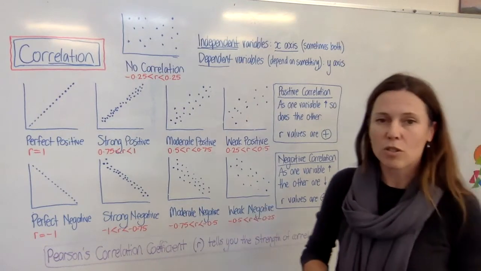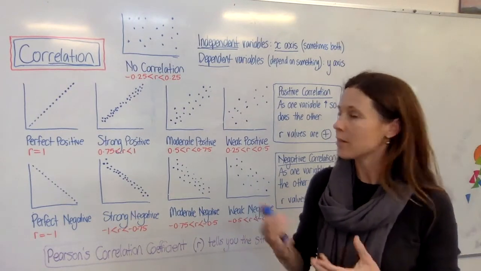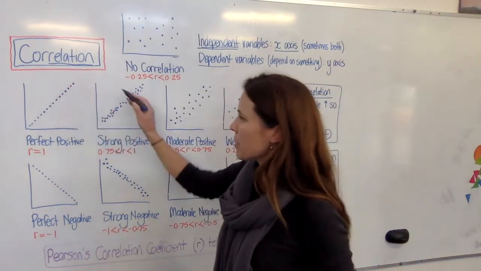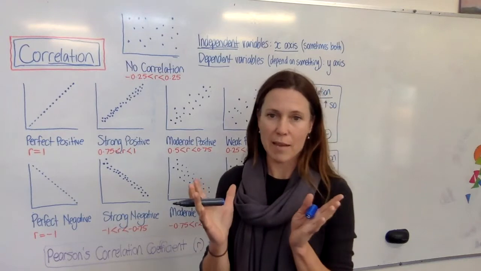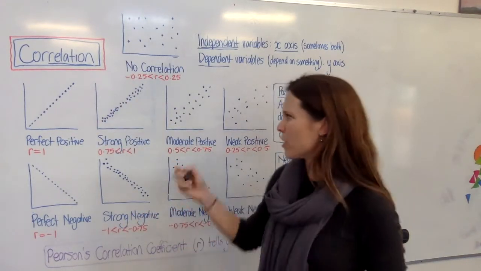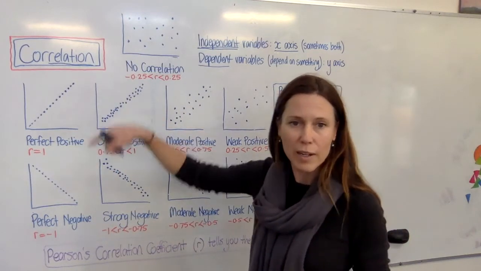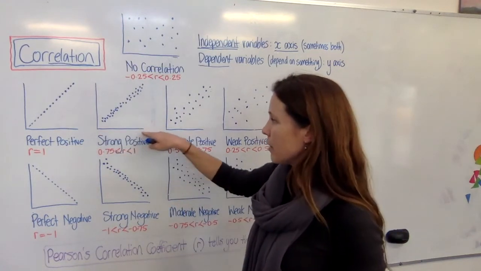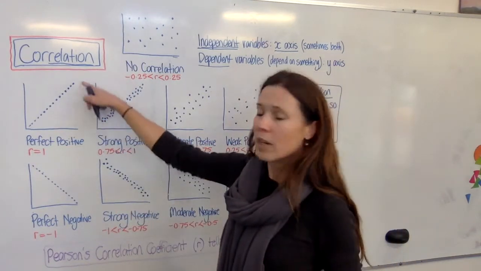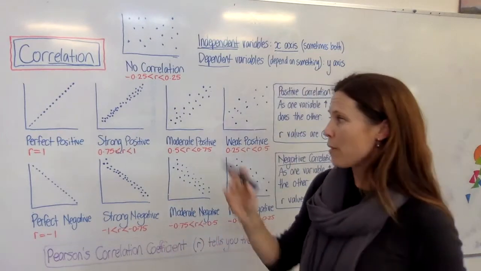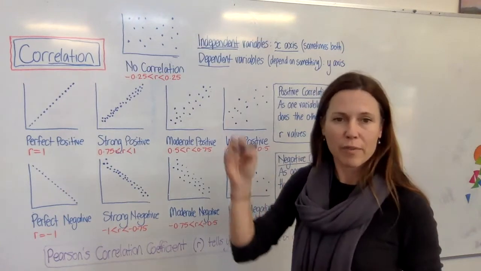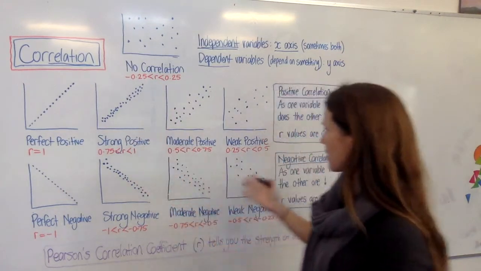Now, what happens once you graph a bunch of pairs of numbers? When I say pairs, each one of these points on a scatter plot is just a coordinate pair. So you could think of it as a pair of x and y values, but remember, you're not necessarily graphing x's and y's. You might be graphing height compared to weight, or height compared to arm span, something like that. So you'll have measured a bunch of people's heights and a bunch of people's weights, and then you'll graph each pair